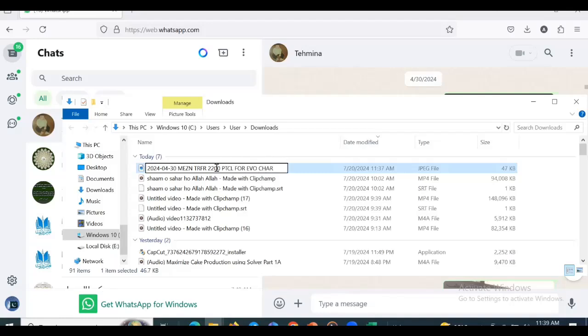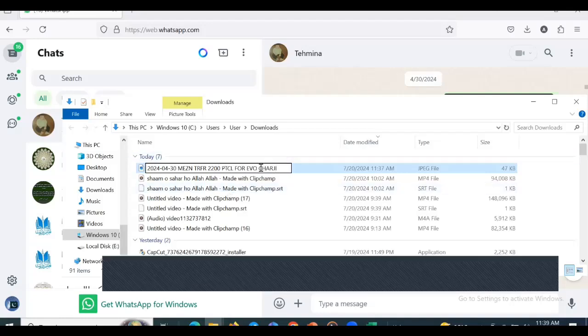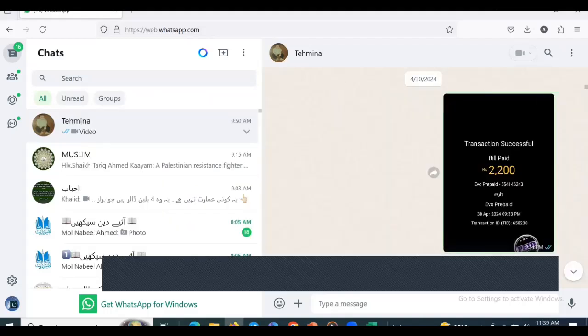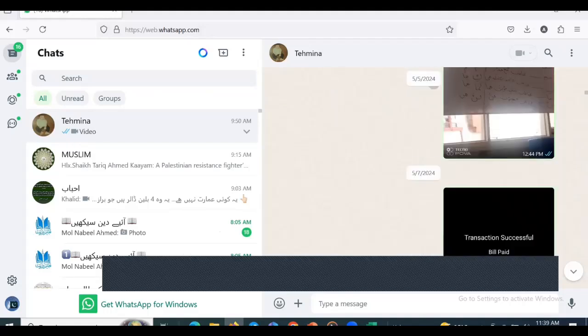We will see what problem comes when you don't follow the naming convention. This is an intentional violation of naming, because the amount 2,200 is transferred to PTCL and the keyword two is missing. Keep it in your mind. Now we go to the next transaction, where we do not make that mistake. We do it correctly.